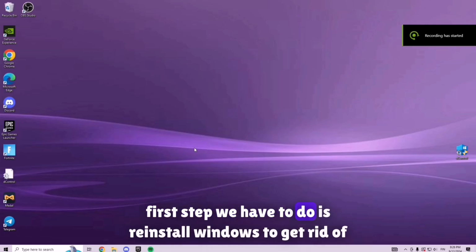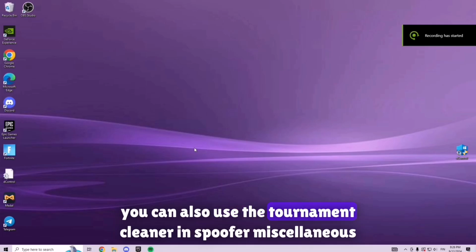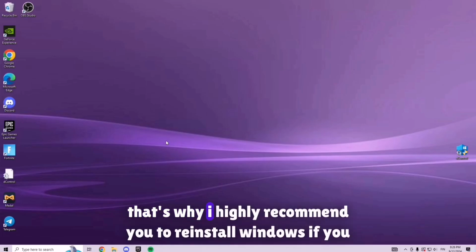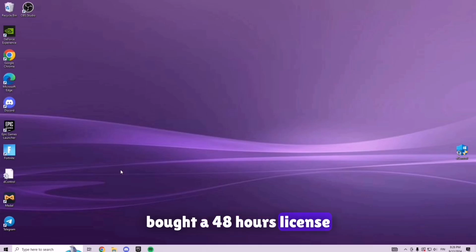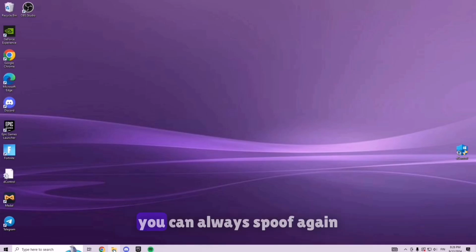First step we have to do is reinstall Windows to get rid of banned traces. You can also use the Tournament Cleaner in Spoofer Miscellaneous tab, but it's not close to being as safe as a full Windows reinstall. That's why I highly recommend you reinstall Windows if you bought a 48 hours license. If you bought a lifetime license, it does not matter that much, since if something happens you can always spoof